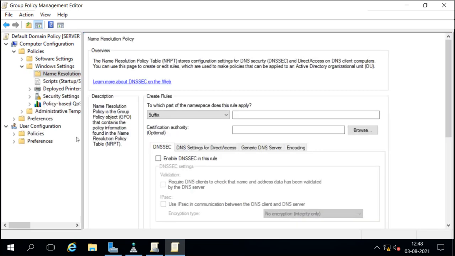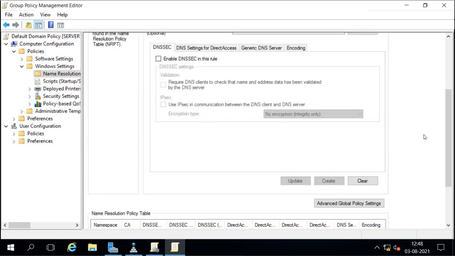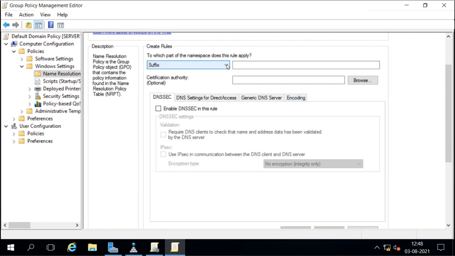When we open this, you will see this policy here, and what we see here is to create the rule, to which part of the namespace this rule applies. You can select suffix, prefix, FQDN, subnet, or IPv4, IPv6, or you can go for any, or you can just give a domain name here.